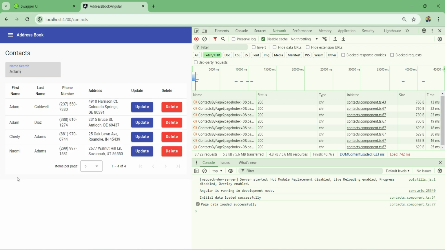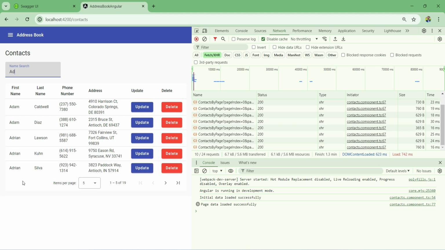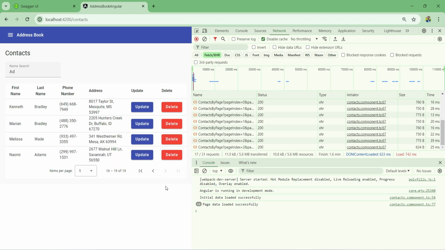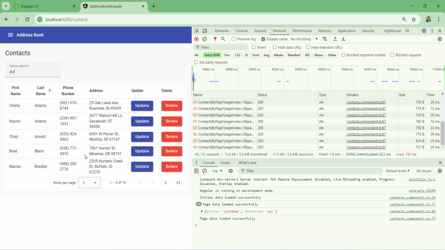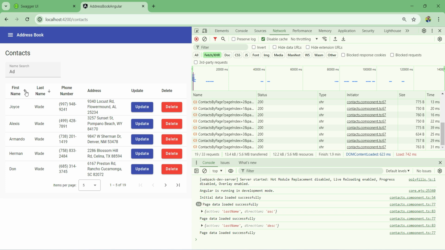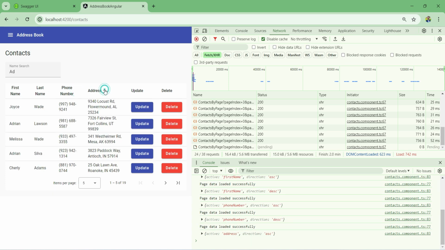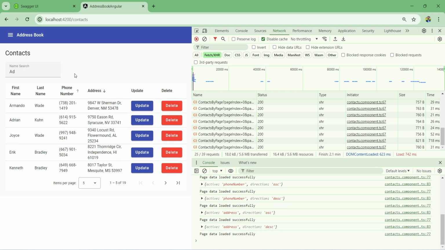Let's check if it works well together with our sorting and pagination. As you can see, the paginator works correctly. Let me just get a few more records here. So I'm gonna start with AD. So we have 19 records total. Let me page through them. Let me sort the data by last name. Still 19 records. Sort descending. Works correctly. First name, phone number, and address. It looks like our search functionality is working properly, but there is still one problem with